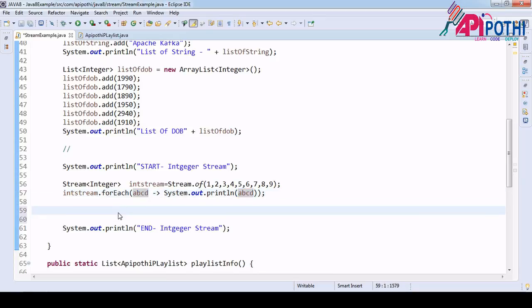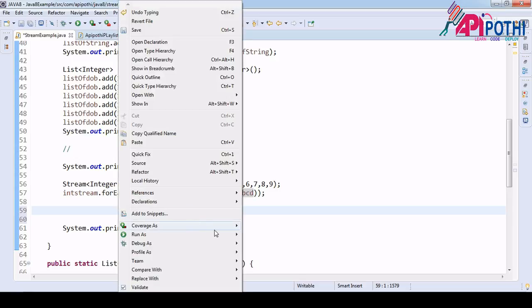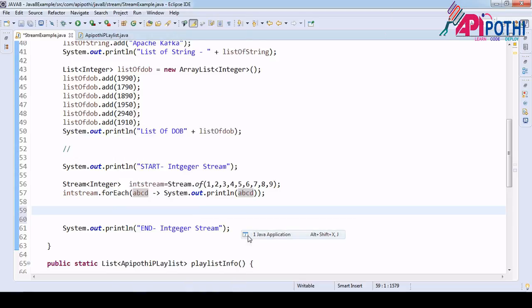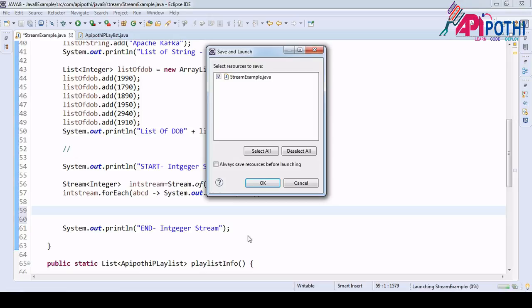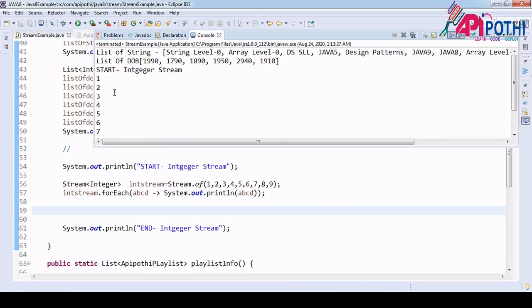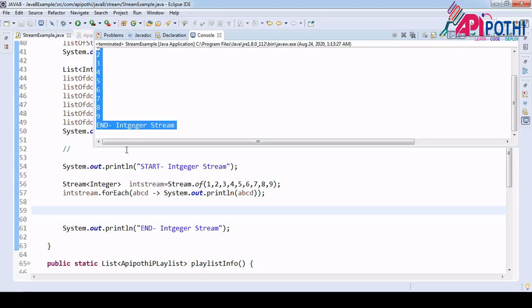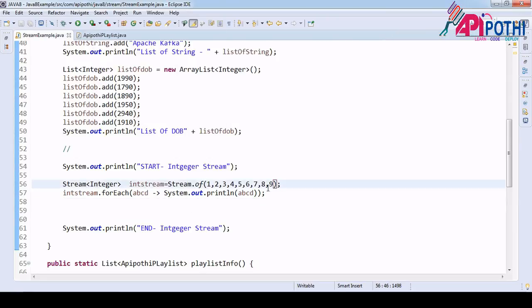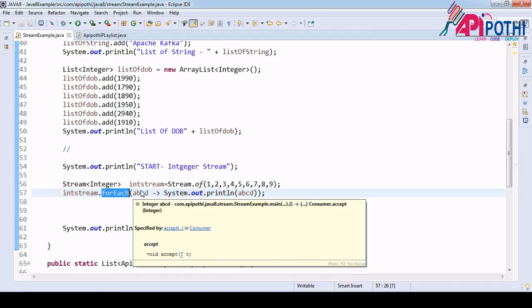Now if you right click and run as Java application, we will be able to print that value. See here: 1, 2, 3, 4, 5, 6, 7, 8, 9. So this is not a collection object. What we did is we just converted these values into a stream, and that stream we are printing with the help of forEach and a lambda expression.